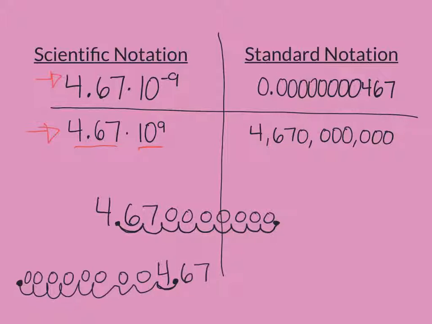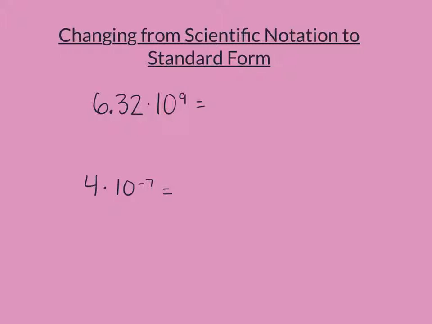So that's going to be a clue as to what kind of exponent we should have. Negative exponents go with very small numbers that are 0 point something. Positive exponents go with big numbers that are bigger than 1. Let's then look at a couple examples of how we would change from scientific notation to write the number in